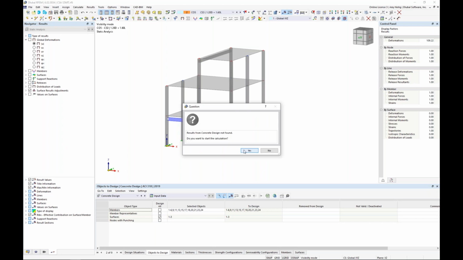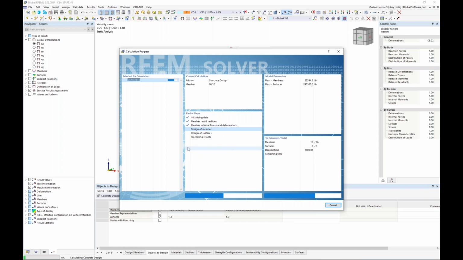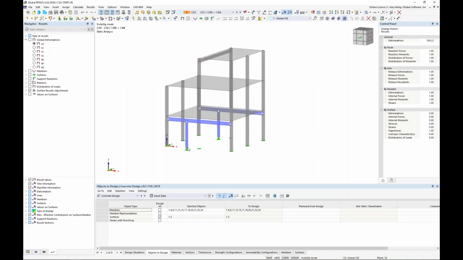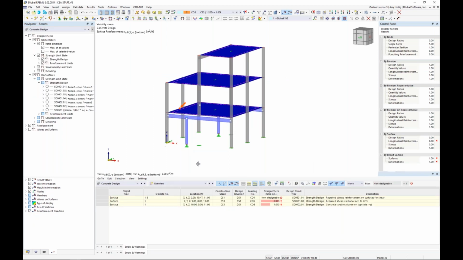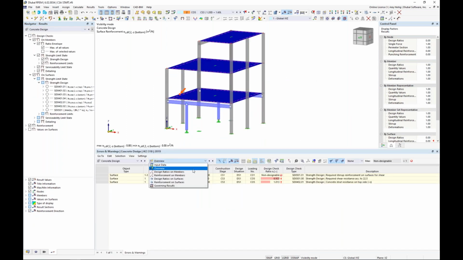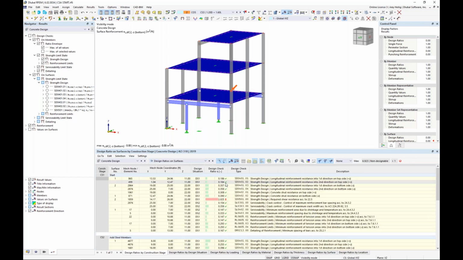Now, I already have my internal forces from all of the load combinations. They're just simply brought into this add-on, and the equations from the ACI are applied. We consider the reinforcement to ultimately get our design ratio and required reinforcement for each one of these surfaces as well as our members. So once we are done doing the calculation, we can view here the design ratios on